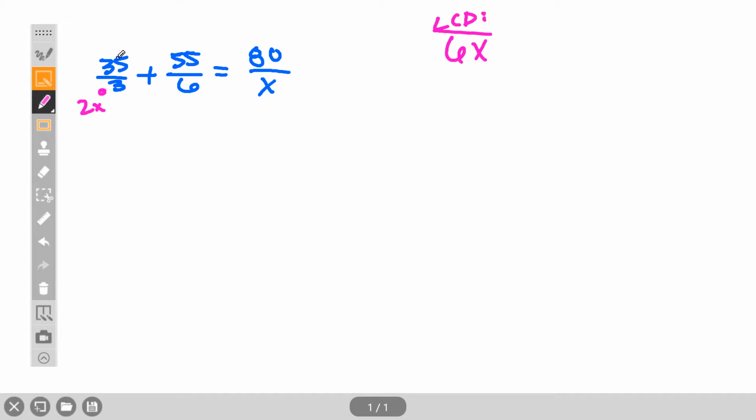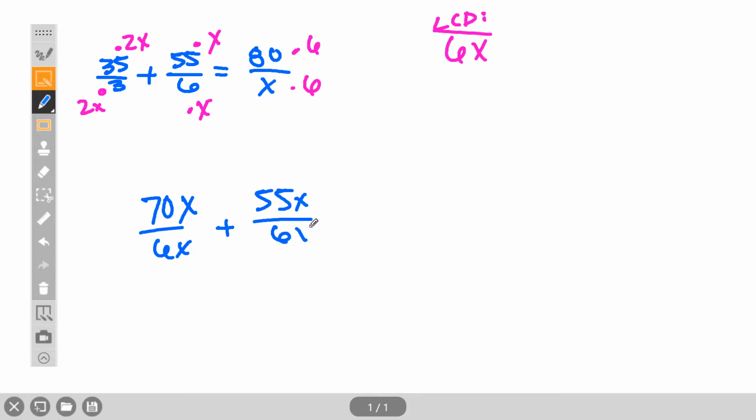So I'll multiply this one by 2x, I'll multiply this one by x, and I'll multiply this one by 6. Gives us 70x over 6x plus 55x over 6x equals 80 times 6, whatever that is, 480